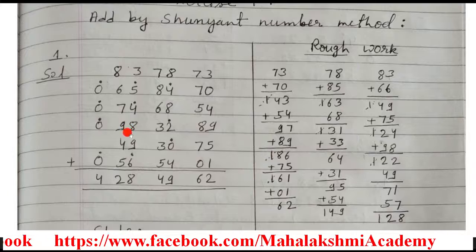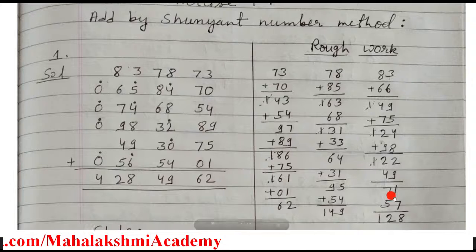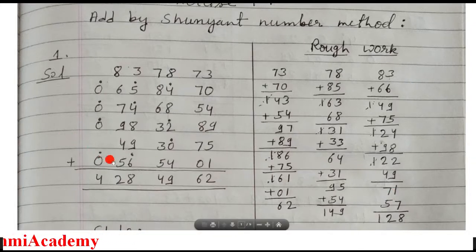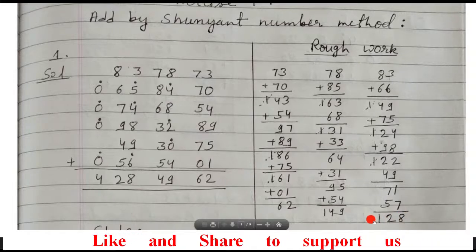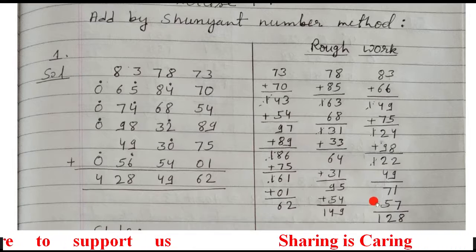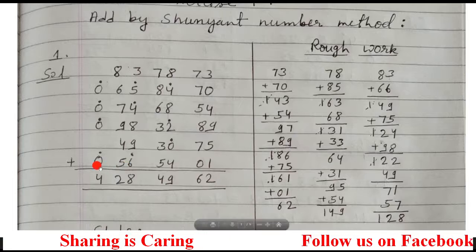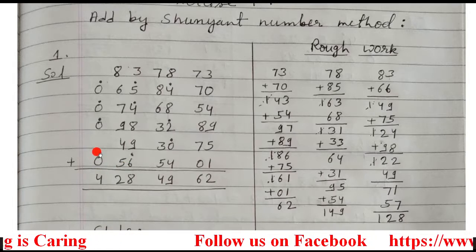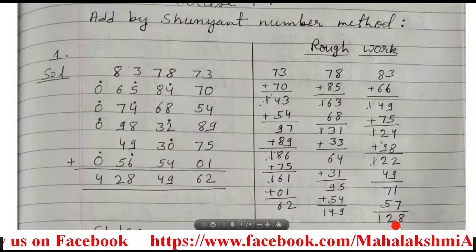Now after 98 it's turn of 49. So write here 49. Add them. When you will add, you will get 71. Now after 49 is turn of, what is it, 57, because of this ekadika dot. So add them, you will get 128. Now this one you just write down as ekadika dot over the number which is just preceding the 57. So before 57 there was no number, so write down 0 and put 1 dot here to represent it as ekadika dot. Now we are remain with only 28.